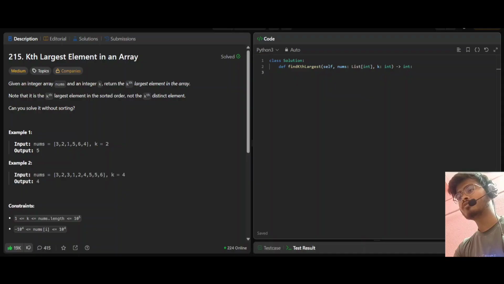In today's video, we are going to solve LeetCode problem number 215, Kth largest element in an array. This is a very important problem because it teaches us how to find an element based on its position without sorting the complete array. We will understand the problem, discuss the straightforward sorting approach, and then solve it efficiently using